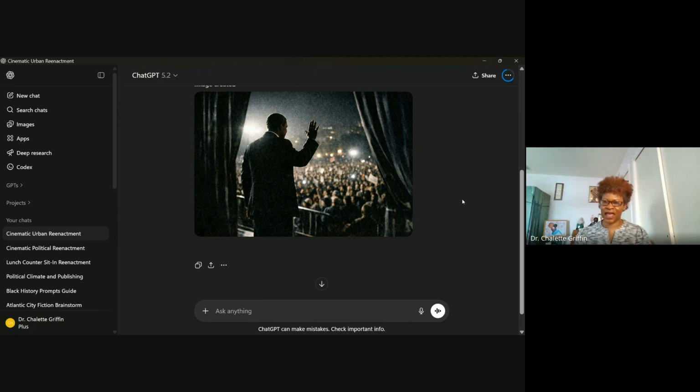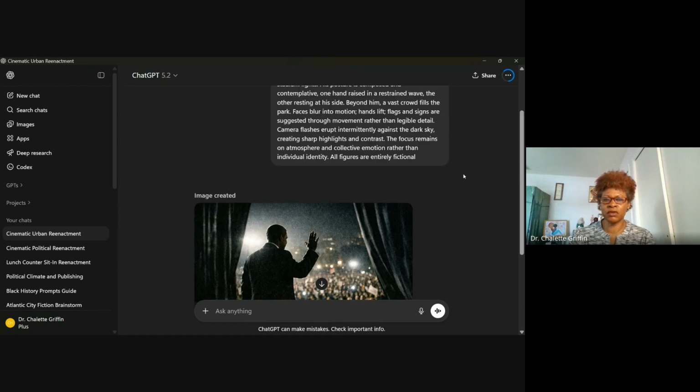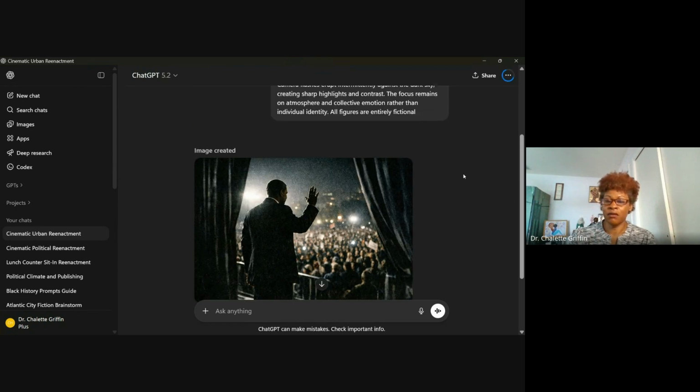the reenactment of that. And similar to the former VP prompt, basically we just switched out male for female. Instead of having the environment inside, as for VP Harris, for former President Barack Obama the image is outside. So you can take a prompt and just switch out the environment. You can switch out the subject. And that's the beauty of having a prompt. So you can just go ahead and switch out